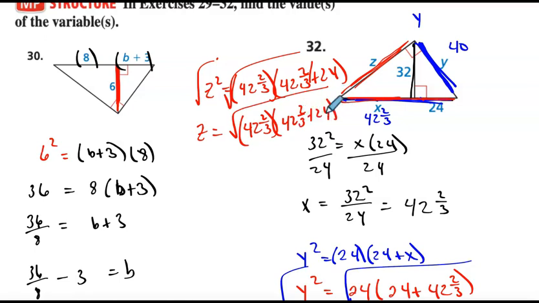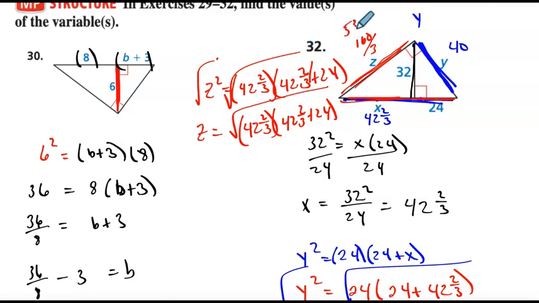Again, I'll just throw that right into my calculator and get that going. Let's see what we got here. So we got the square root of, put a fraction in here, 42 and 2/3 times, again, another fraction here, 42 and 2/3 plus 24. And I get 160 over 3, or as a decimal,